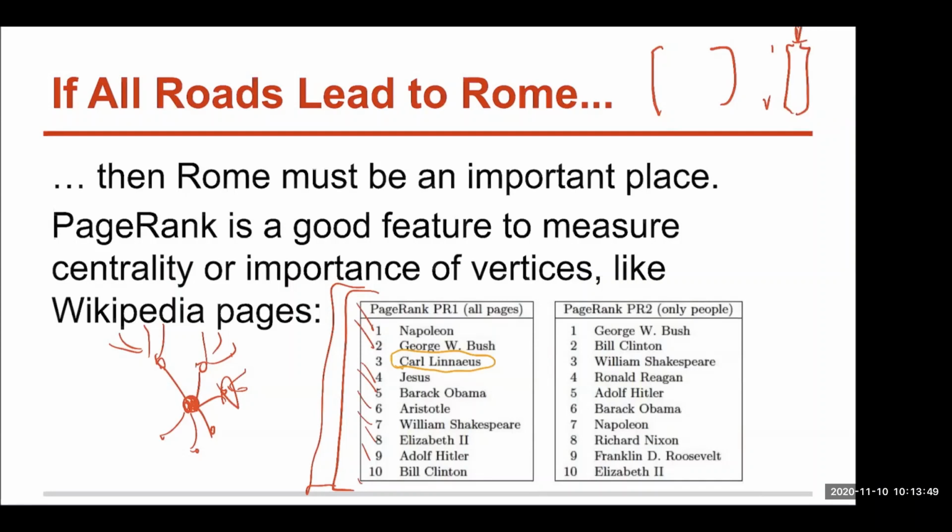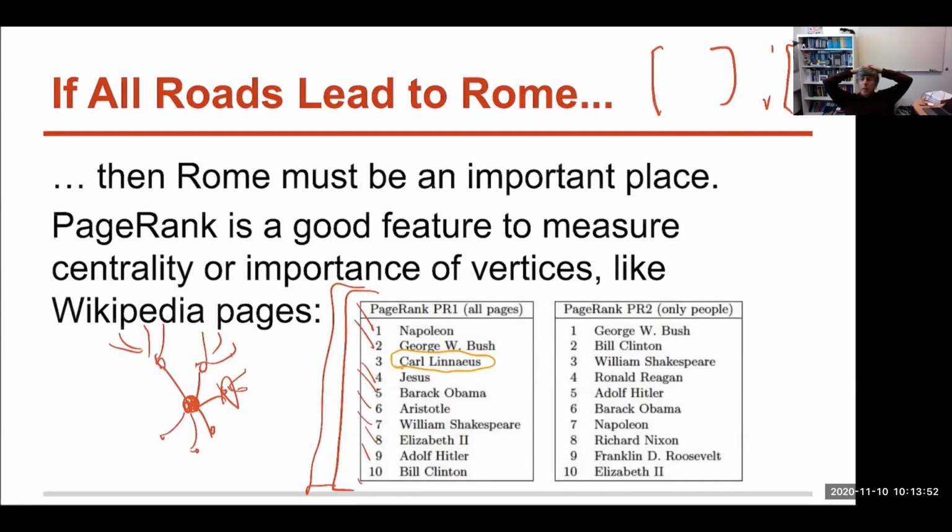Taxonomy? He was the guy who developed the species genera name system that they use to name all forms of all different species. Why was his PageRank so high? Every plant and animal and dinosaur linked to his webpage, linked to his Wikipedia page. Okay, because there were thousands of organisms that he was the one that gave the classification name. When you limit the PageRank to people, from people to people, instead of just everything in Wikipedia, people like Linnaeus